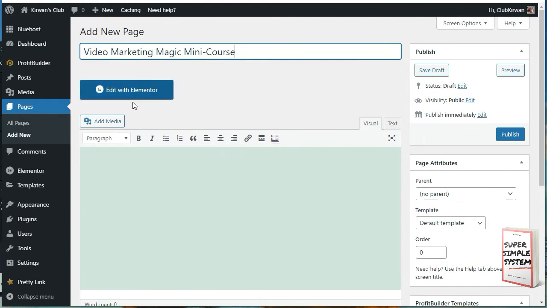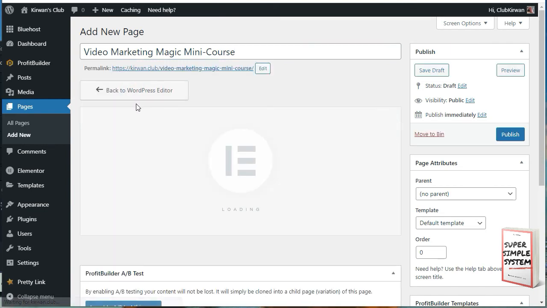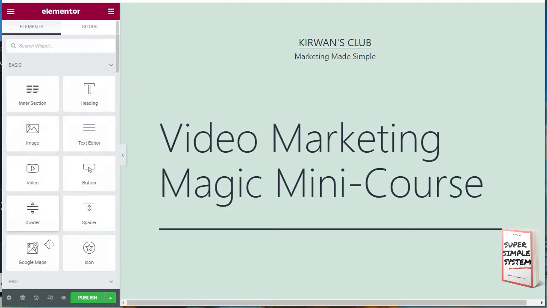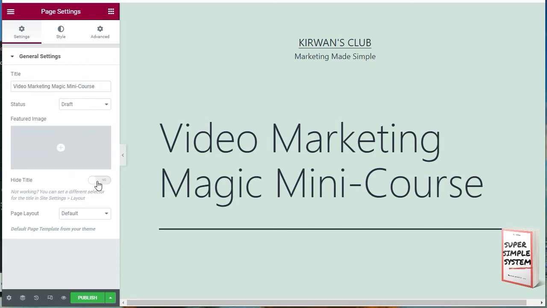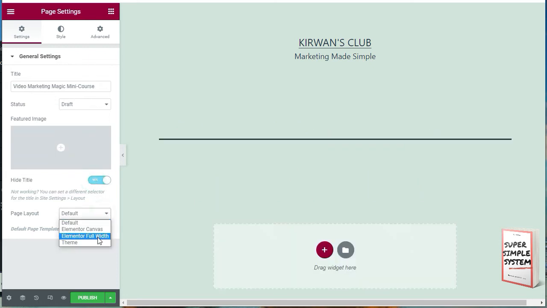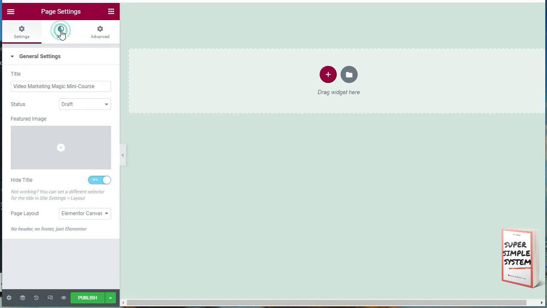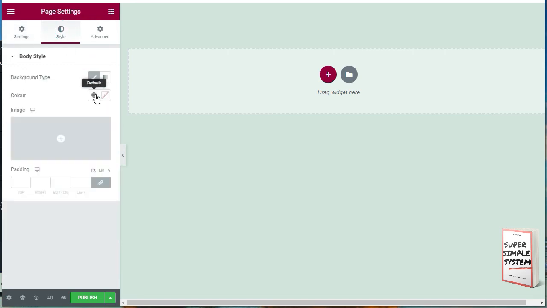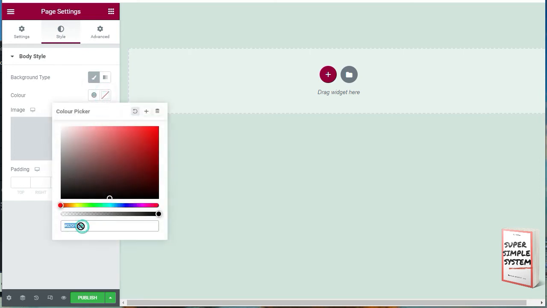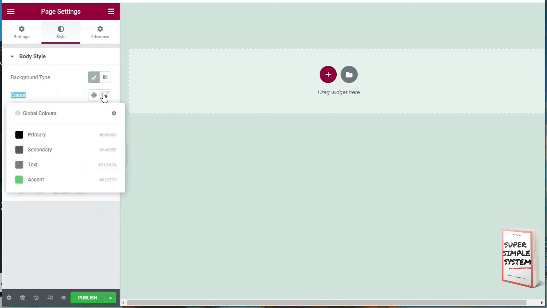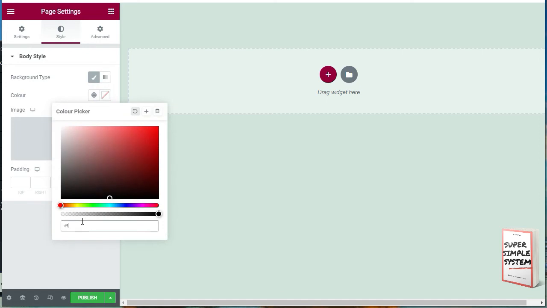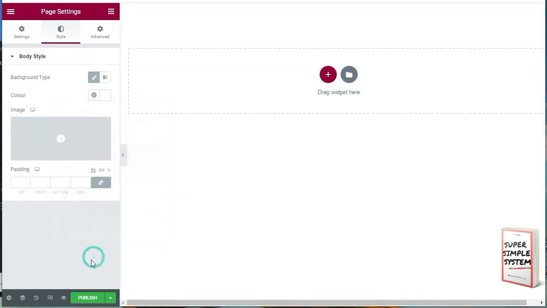We can publish it now or in Elementor. So we'll just wait for that to load. And the same process as last time, to get rid of the title and change the page layout to Elementor canvas. Okay. And again, we want to go back into settings and change the color. Okay, nice white background, and we might as well publish it now,